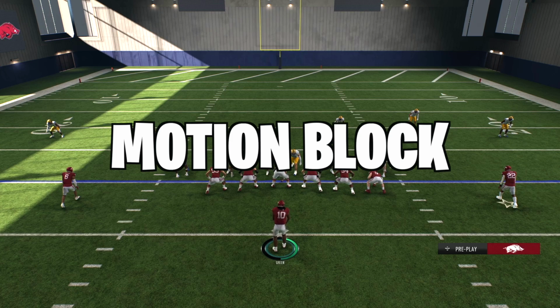Have you ever heard of the motion block? Are you familiar with it? If not, that's fine. That's what this video is going to be for. I'm going to go over that, how much it helps, what it helps with, and how effective it can be